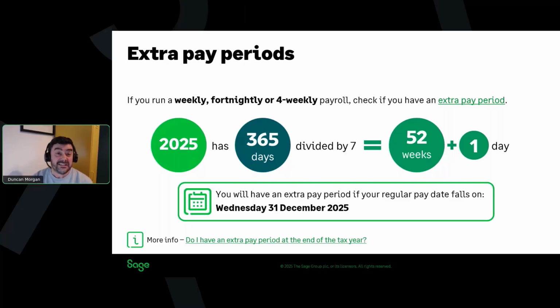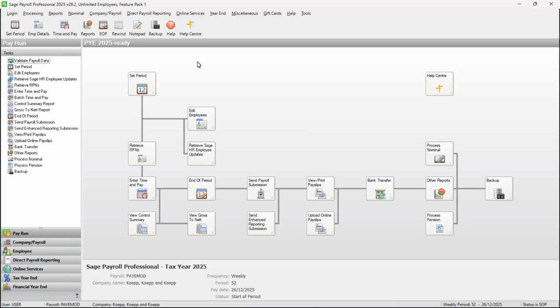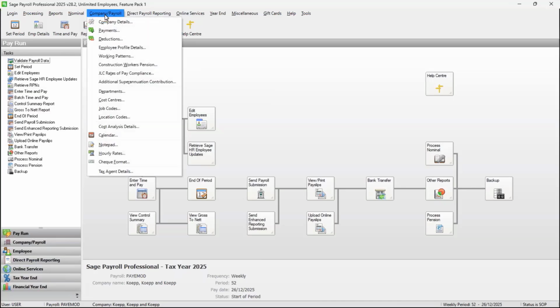And there's actually a really simple way to check if you have an extra pay period, and that would be to review your payroll calendar. So I just want to show you that now. If you're not sure if you've got one, the easiest way to check is to have a look at your 2025 payroll calendar. So here I am in my 2025 payroll. And if I go to company/payroll at the top of the screen, and then come down and click calendar,